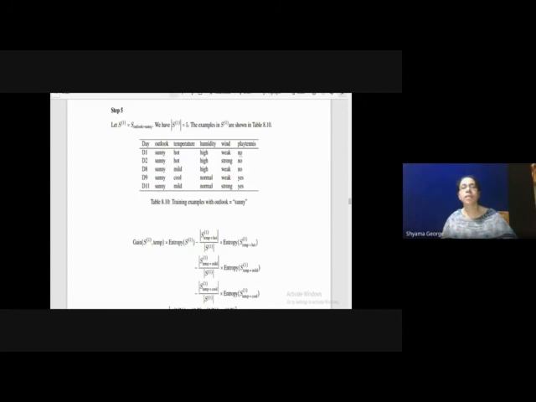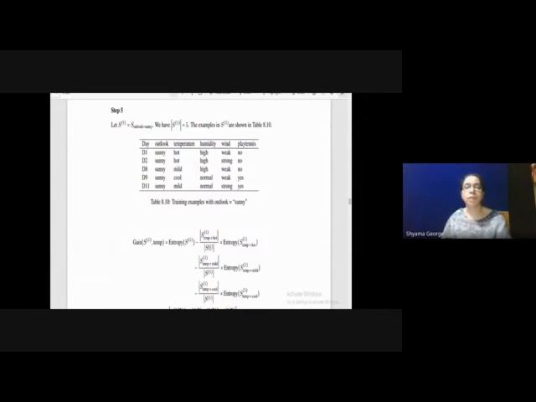Then we take the entropy of the whole data, which is equal to entropy S1. The entropy of this whole data can be represented as entropy of S1. Then we can find out the gain of S temperature, gain of S humidity, gain of S wind. To find out the gain of S temperature, we have to find out the entropy of this entire data set, which can be denoted as entropy of S1.